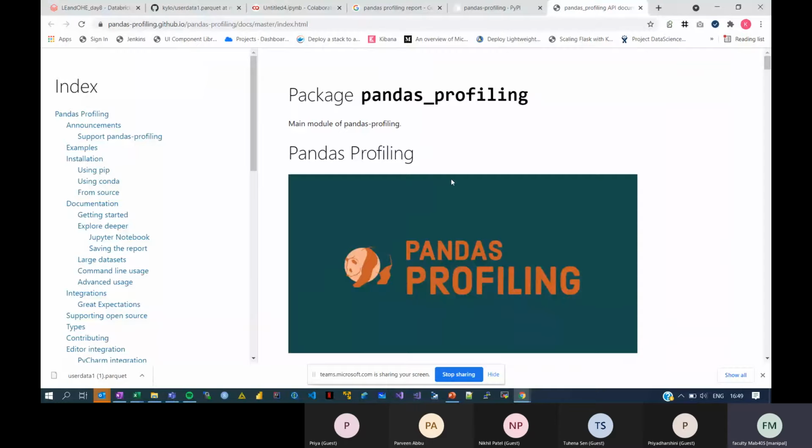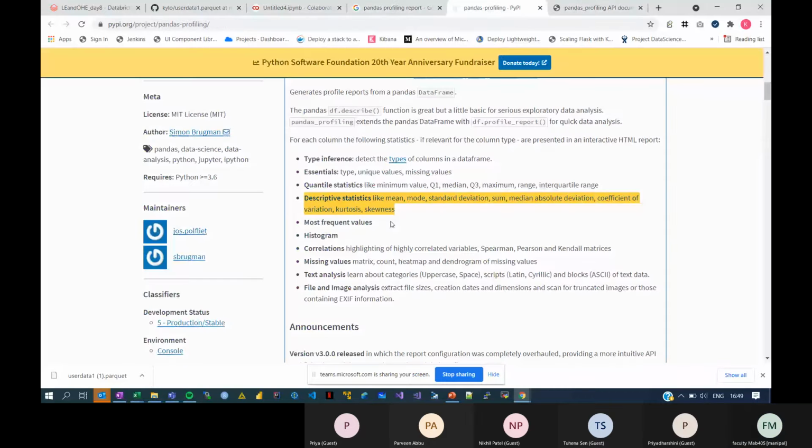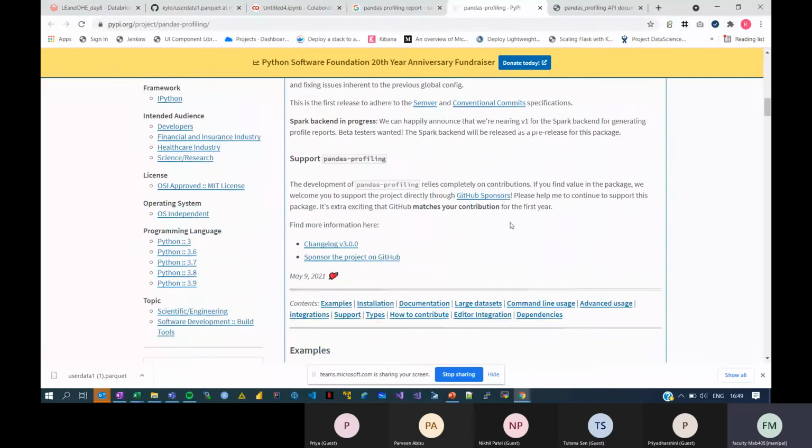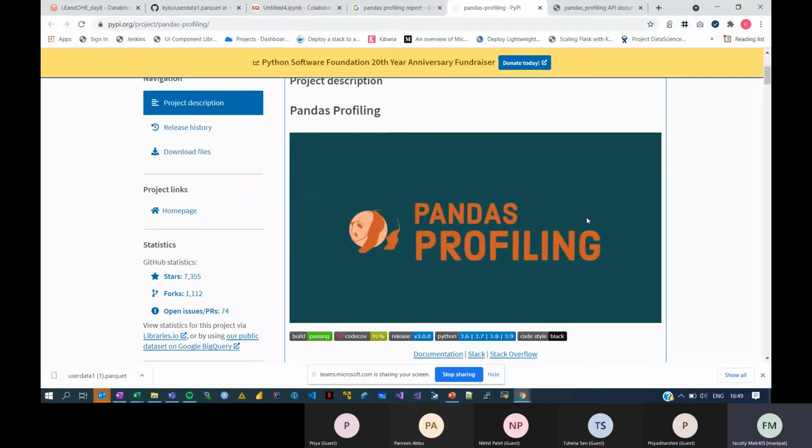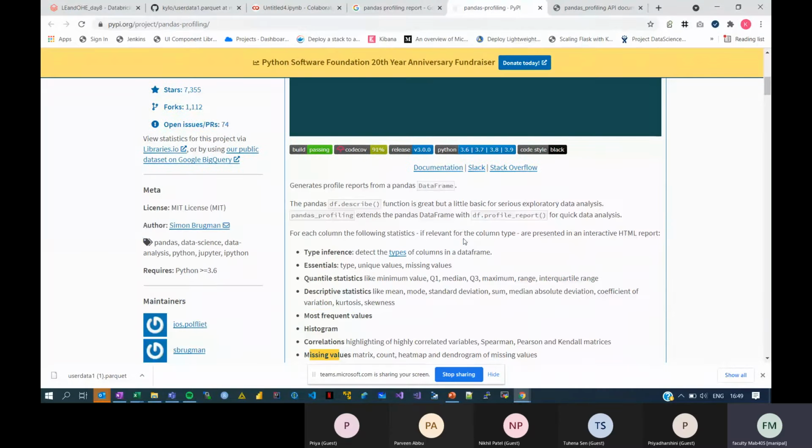So in that case, even if I use that column to train my model, it will not learn anything. It has no value, there are no different values. It's all male, so I can drop that column. You have to understand these important points, like most frequent values, the correlation between them, the missing values, and so on. So how to get this? There is a good library called Pandas Profiling, and it generates very beautiful reports. So this I was trying to do,